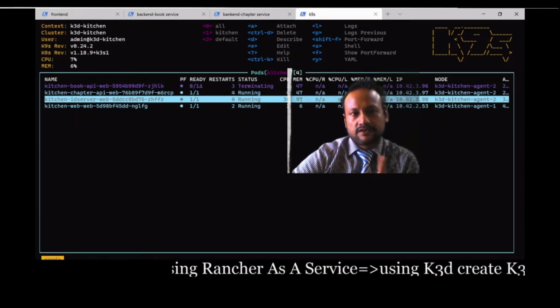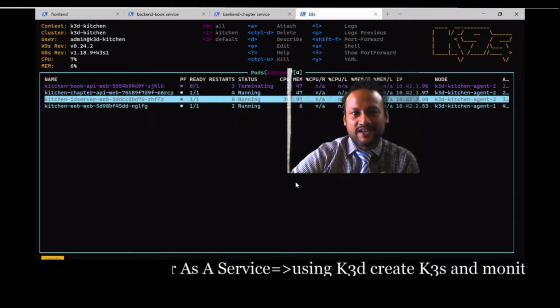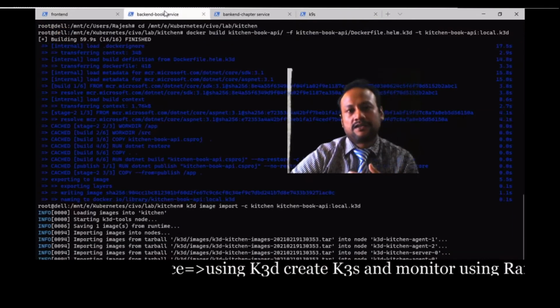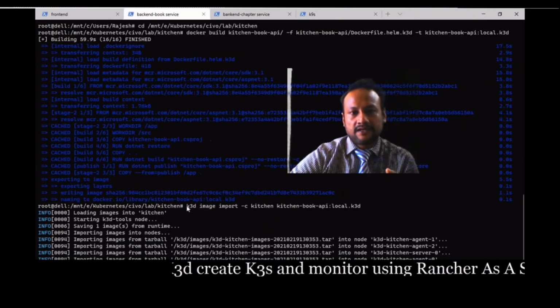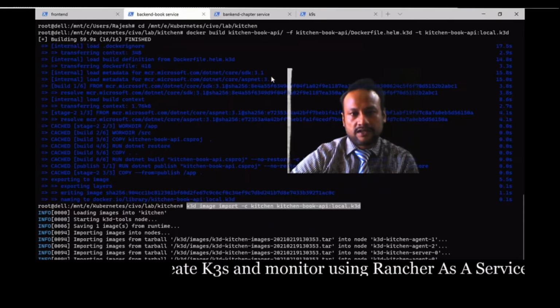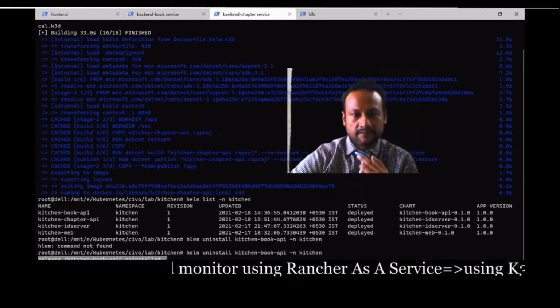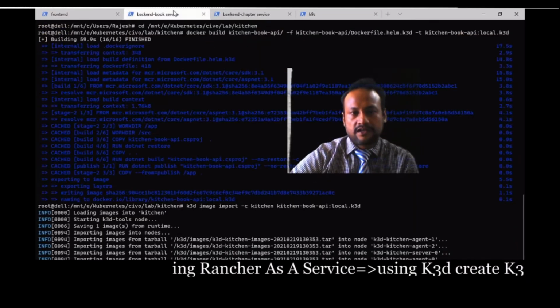For this video I'm trying to show you how I imported these images into this cluster. So the next command, once you uninstall it, you import it into the K3s cluster using the import command. Make sure it is uninstalled and it's not there in the cluster.